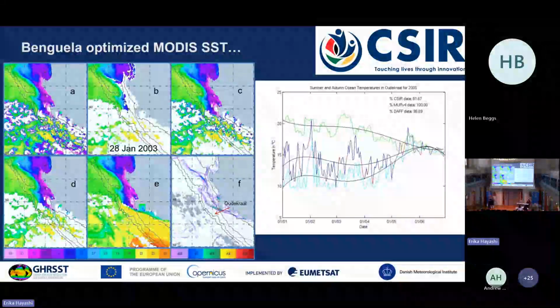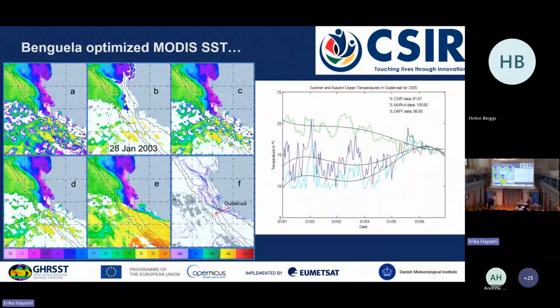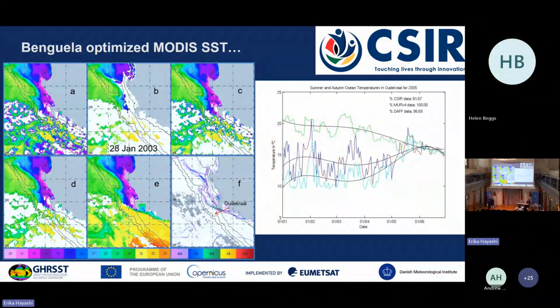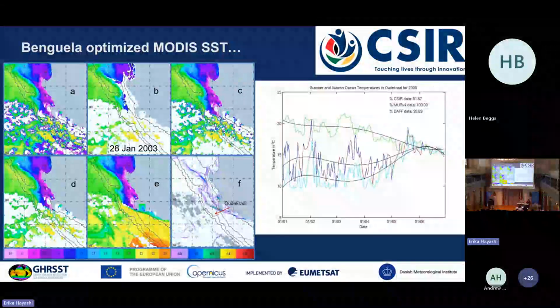All right, so initially, the MODIS product needed to be validated, and I think many of you have seen this before, but essentially it was a matter of using the variability inherent in the MODIS. So getting the standard deviation per pixel and using that